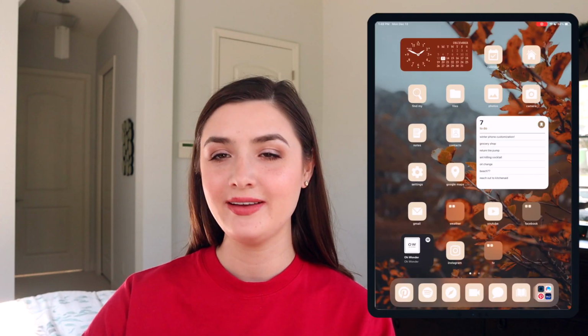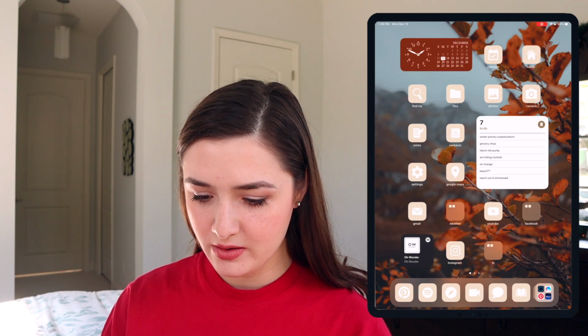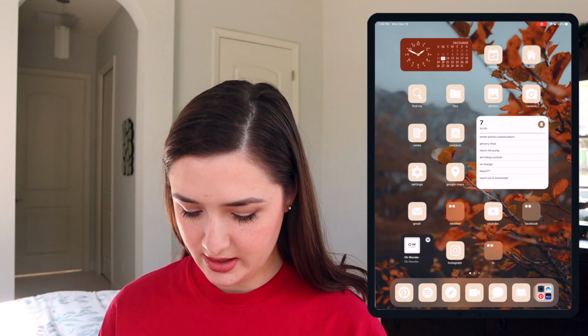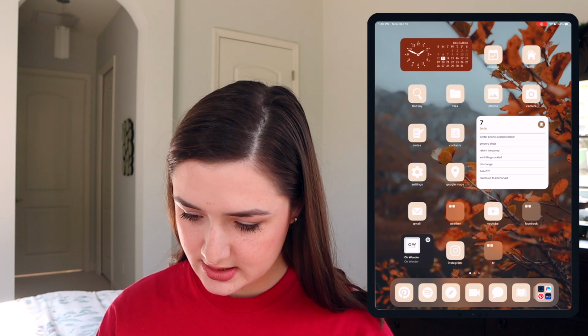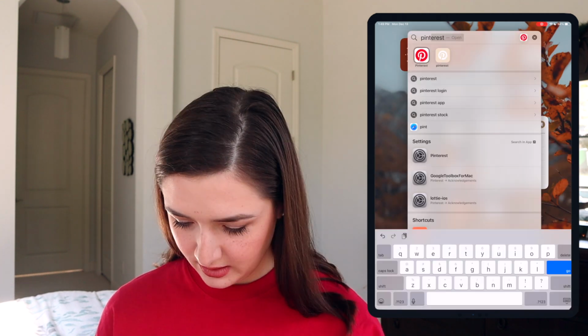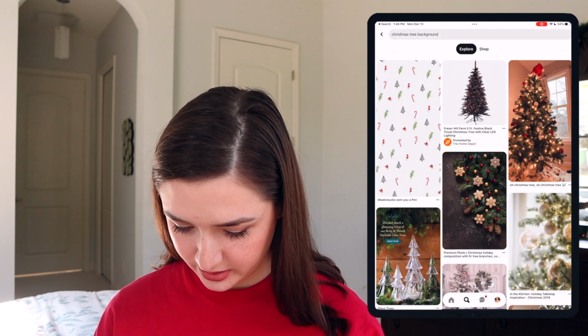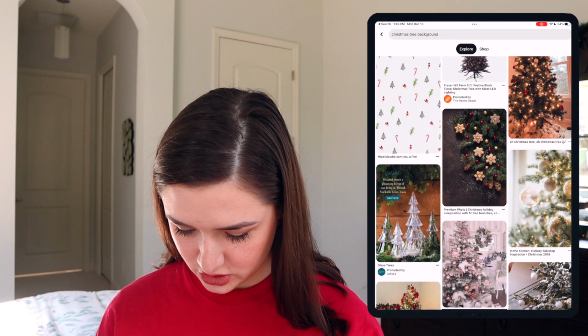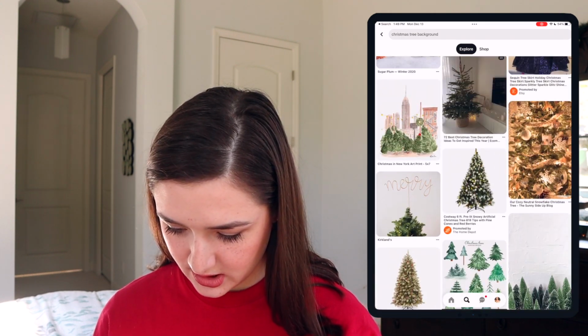Next up, I'm going to do my iPad with the same kind of thing. It is a very similar theme, stuck in fall. So I'm going to transform it into a winter theme now by doing the exact same thing. So I have to find a photo in Pinterest to change my home screen. With the iPad, it really needs to be a good crystal clear photo. So sometimes it gets a little tricky when some of the photos are kind of lower resolution.